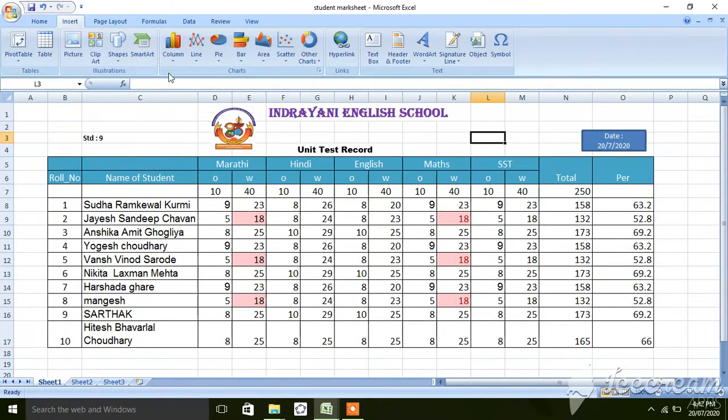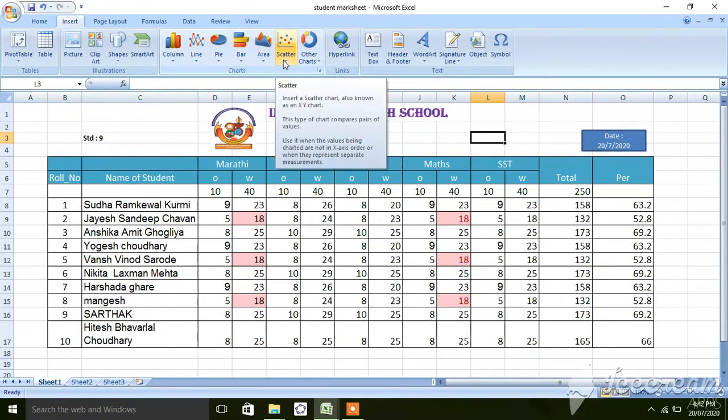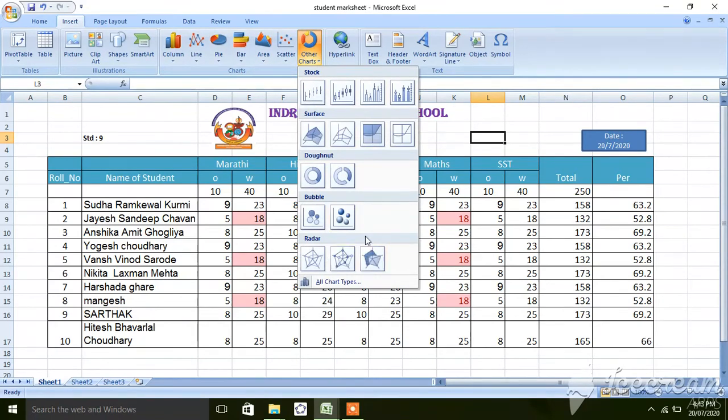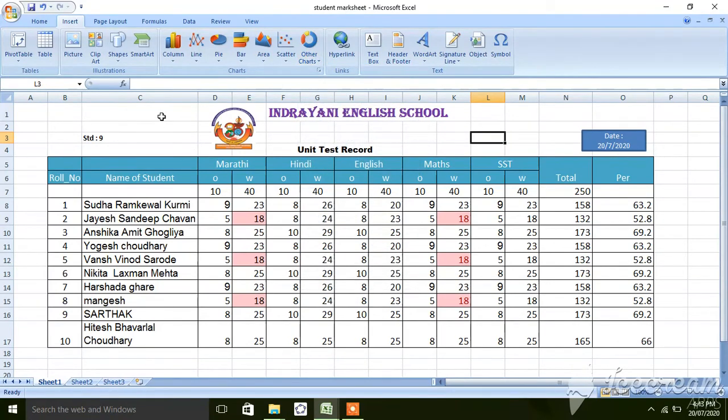Then if you want to insert charts, okay, these are the chart types: column chart, line chart, pie chart, bar chart, area chart, scatter, and some other chart types are given here, like bubble, radar, surface. Suppose I want to show this data in a chart.